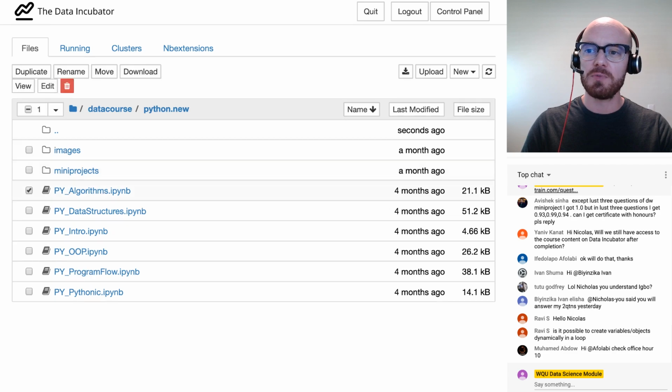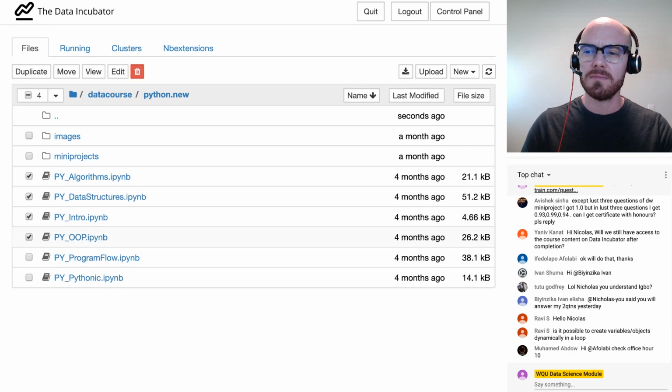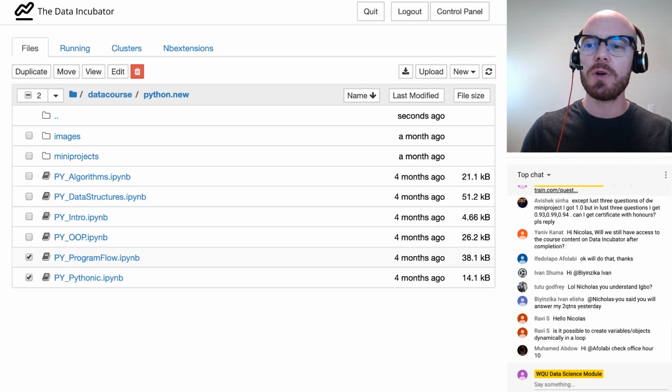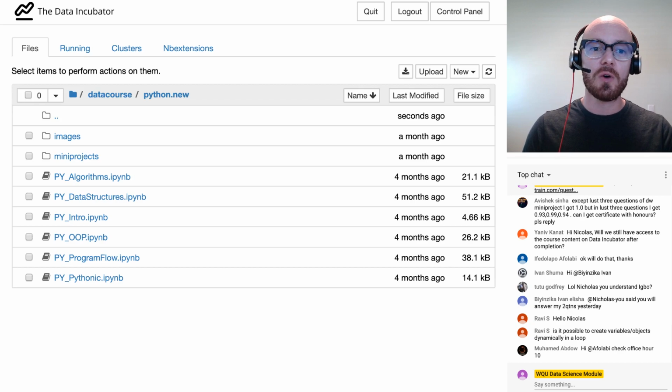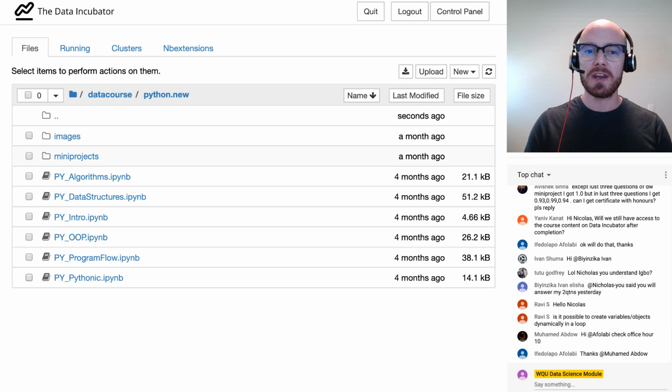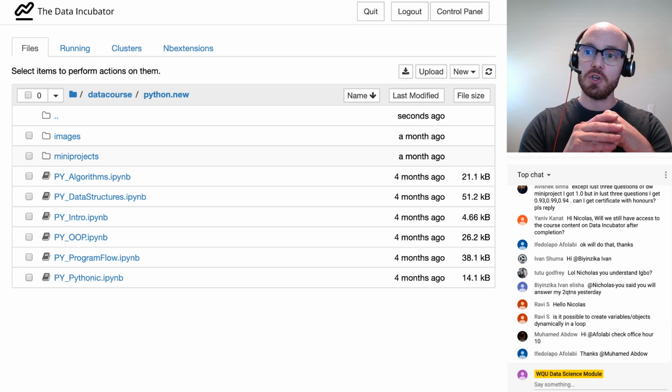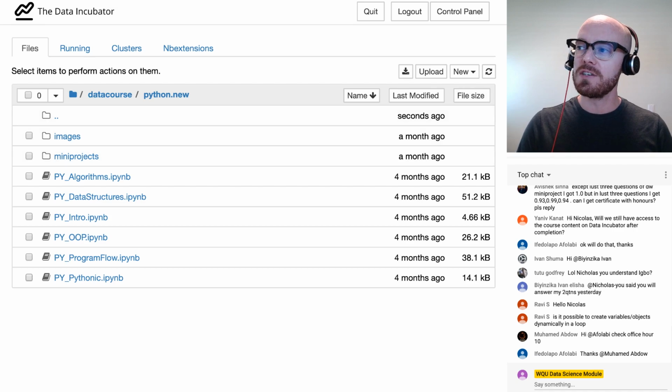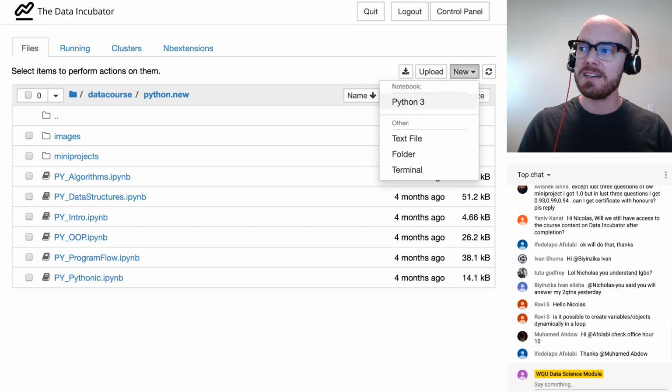You can select multiple ones, and then you can, well, let's see here. Now you can't do it with multiple ones, so let's see how we would do this if we wanted to do it with multiple files. To do that, we're actually going to work in the command line or the terminal. We won't be using Python, we'll be using a language called Linux, which is actually the operating system for your Jupyter Hubs. So what I'll do is select New, and instead of Python 3 Notebook, I'm going to say a new terminal.